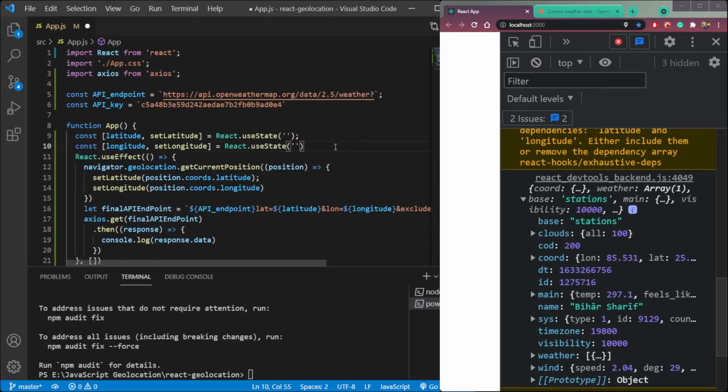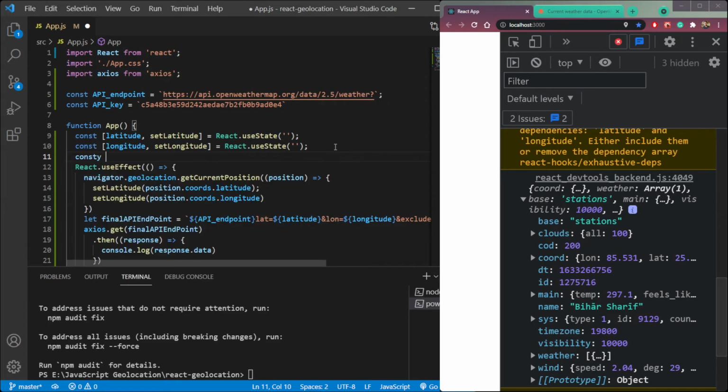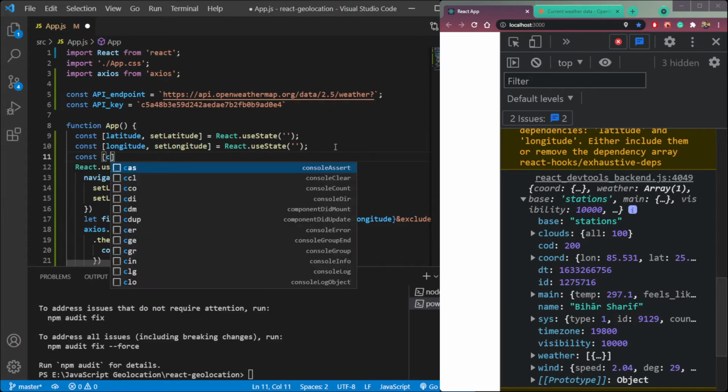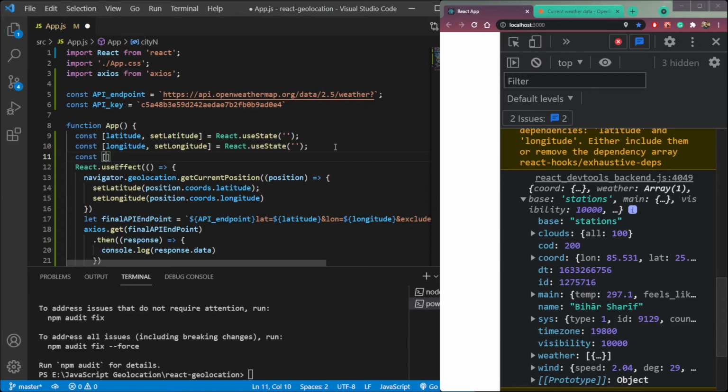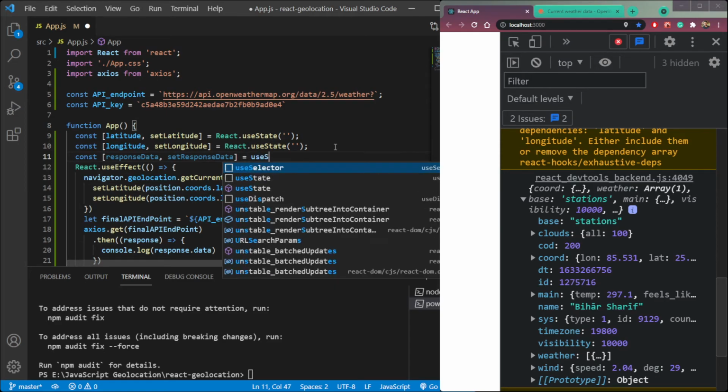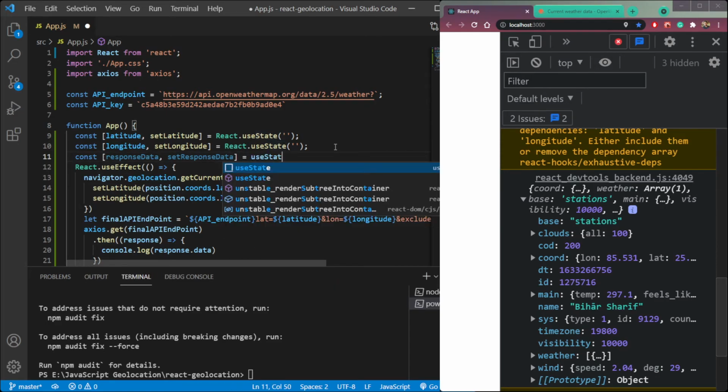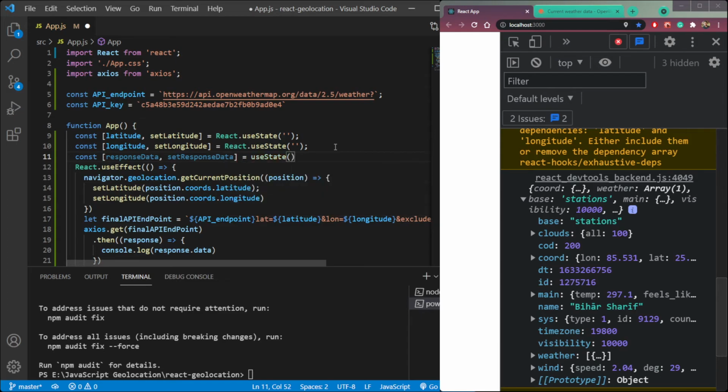So if we want to show the country name or city name, this Bihar Sharif, we can just use, okay, we need to create a state first. So const response data, set response data equals useState, and let's make it an object.